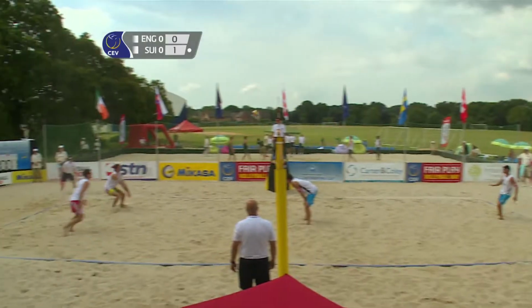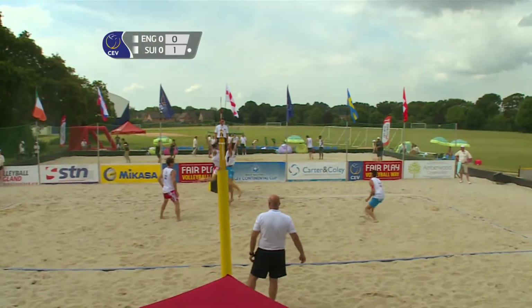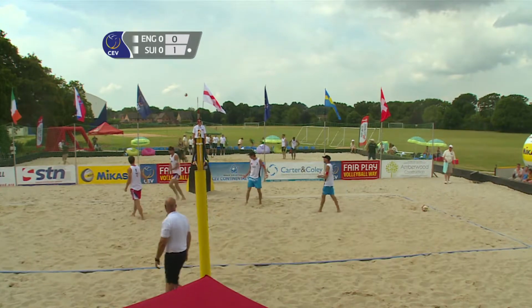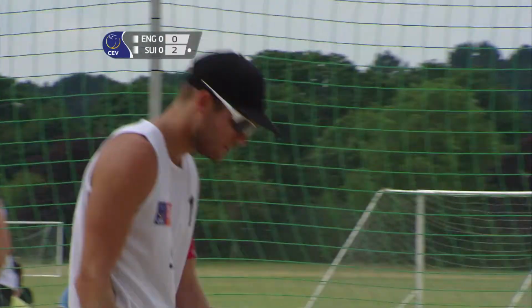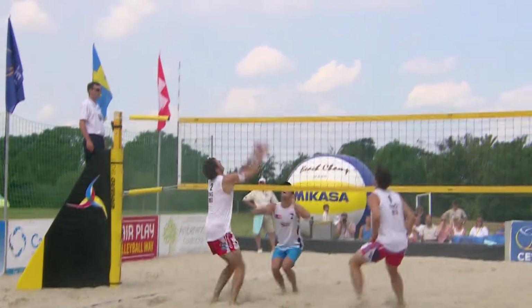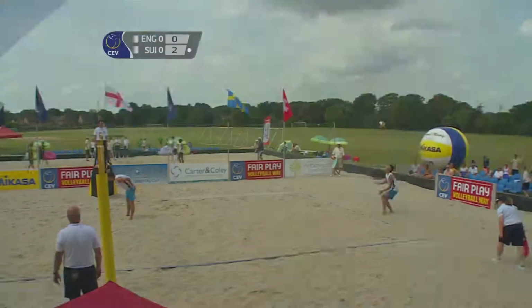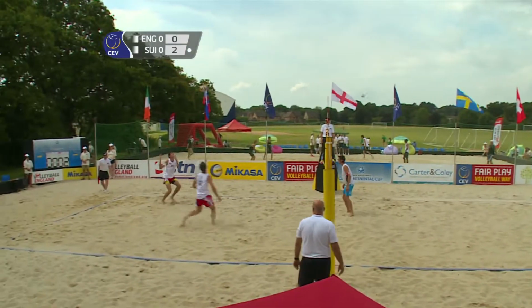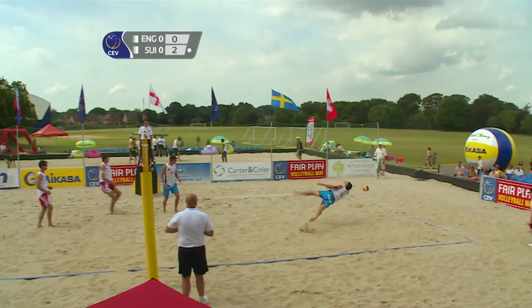And then this year they started with a fantastic second place in the Fuzhou Open in China. Another hitting error from England 1. This time it's Chris Gregory that's gone out over the baseline. So 2-0 Switzerland. But I have to say, despite that pedigree for the Swiss team in the blue shorts, I think that based on the evidence so far at the Continental Cup, Gregory and Schief come into this game as